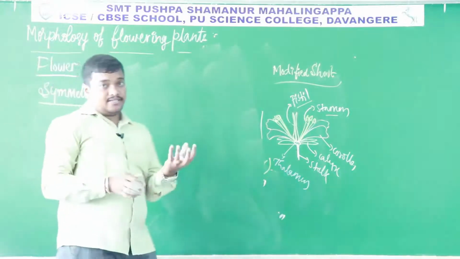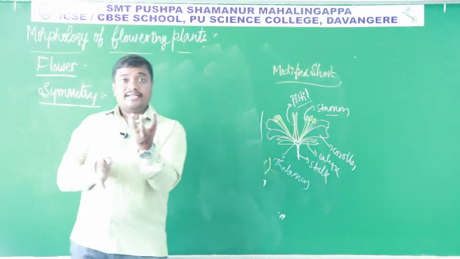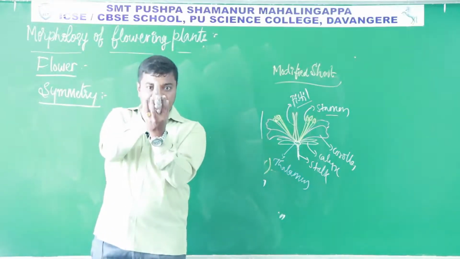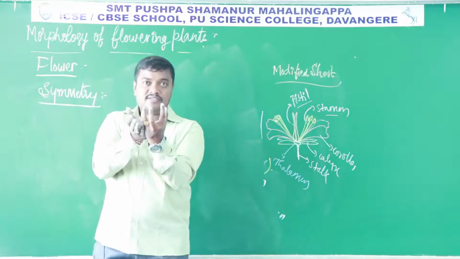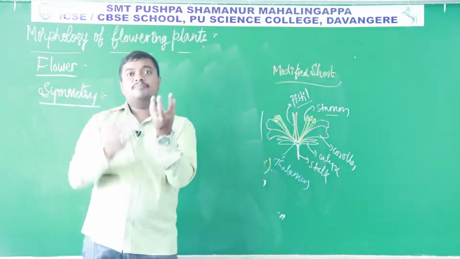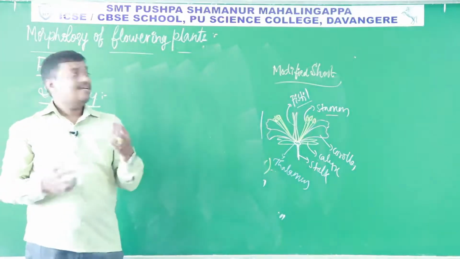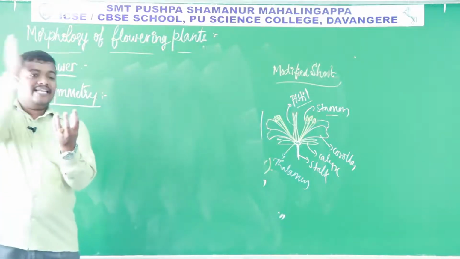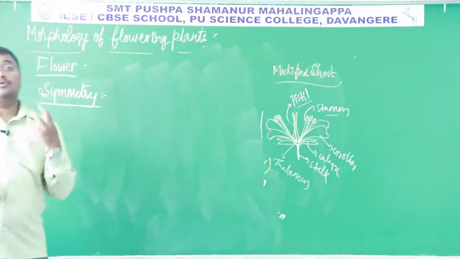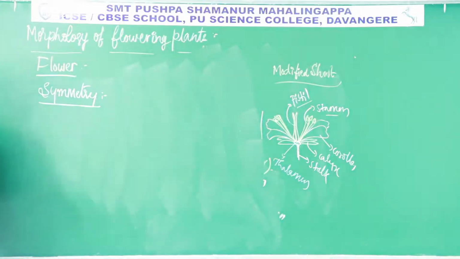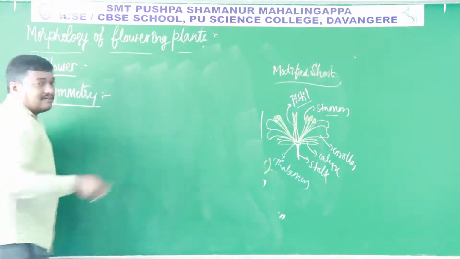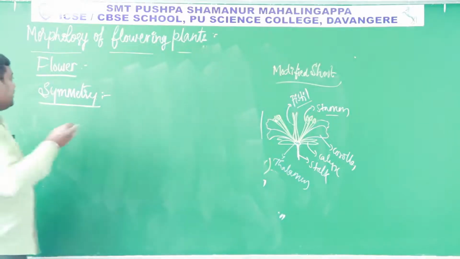And in some flowers you can get the two equal halves only in one direction. If you cut in this direction only, it can get the two equal halves. If you cut in this direction, they are unable to produce the two equal halves. Okay, so that symmetry is different. Okay, and in some flowers in any plane you cannot get the mirror images, or you cannot get the equal halves. Okay, so such type of flowers are irregular flowers. So symmetry, either flowers may be